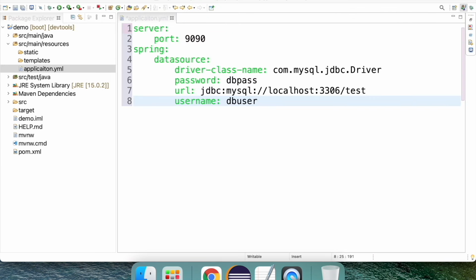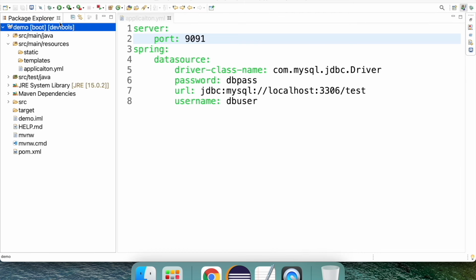I'll paste it. That's it. So for the YAML, I'll change the port. Now the application should be able to run on port 9091. So let us run and see.